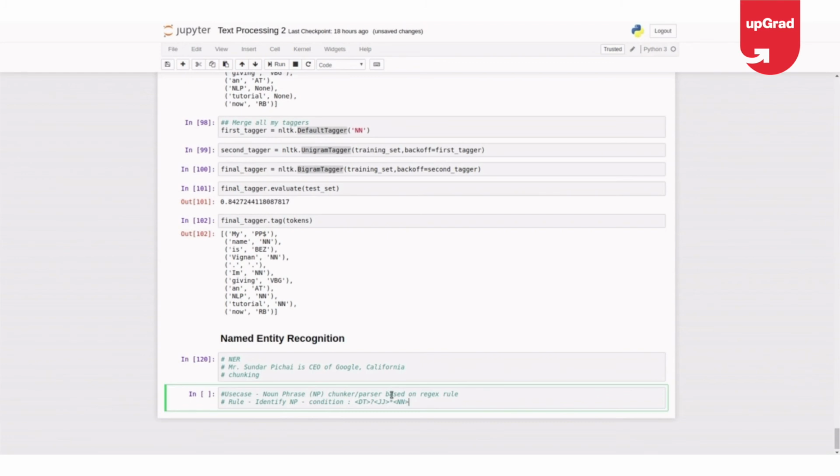If these three things are there, then I can say that the full chunk is a noun phrase.